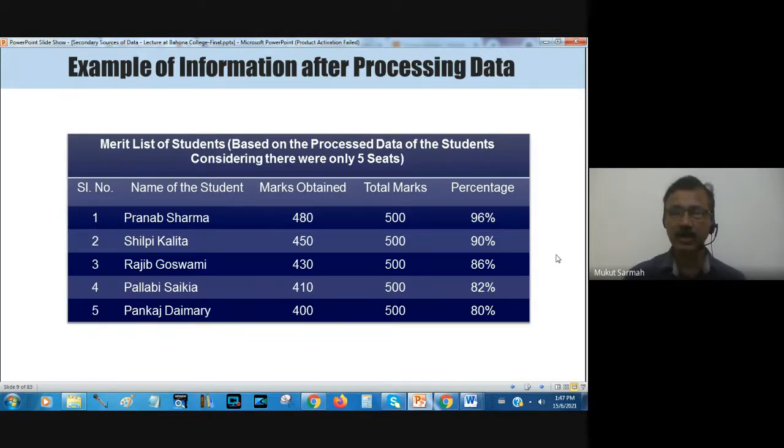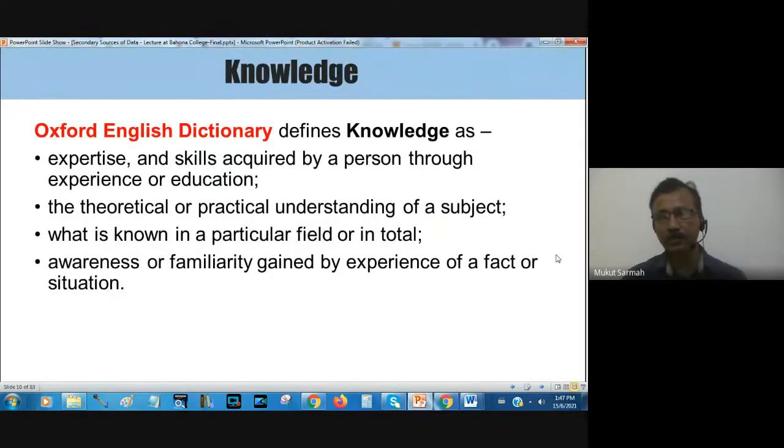Then Shilpi Kalita is second on the list. Rajiv Goswami is third on the list. Then Pallavi Shaikia, Pankaj Doimari. So these are the students who got a seat because there were only 5 seats. So we processed the information of admission data, and we got the final list of the students. So that is the information that we processed, the data, and finally we got the information. So when we move from information to knowledge,